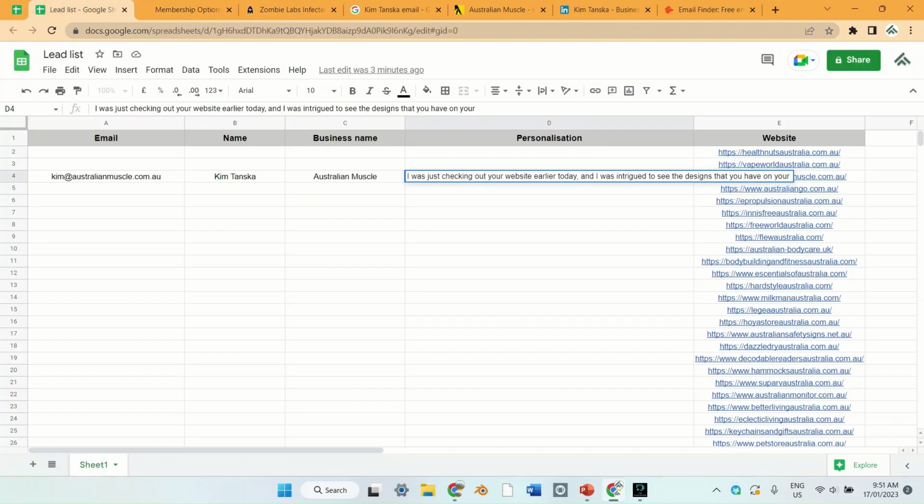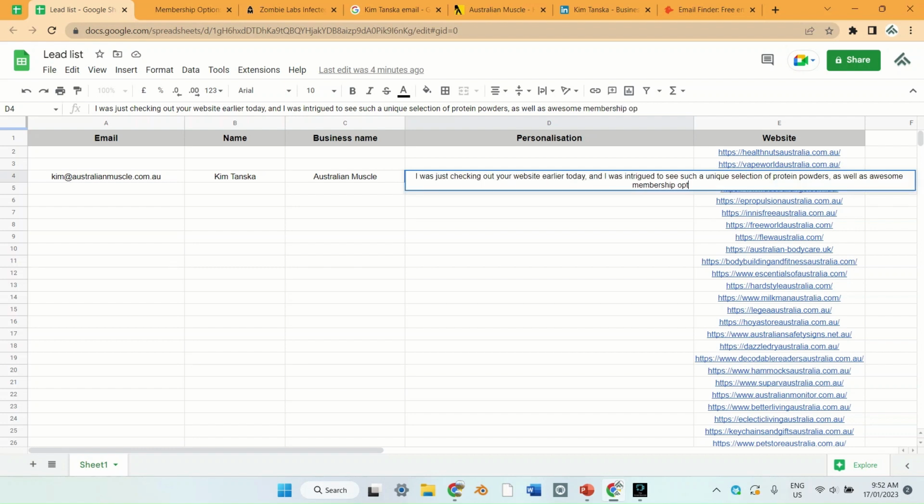Well, maybe because they're a brand that don't produce the products themselves and they retail them. I'll say I was intrigued to see such a unique selection of protein powder as well as awesome options, awesome membership option